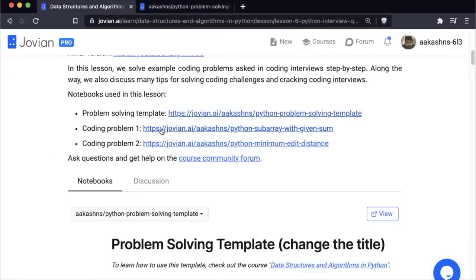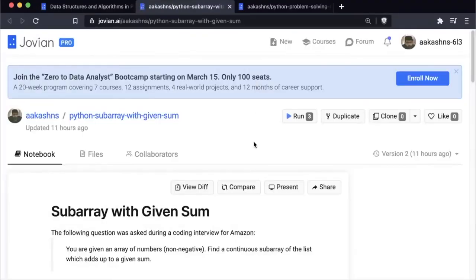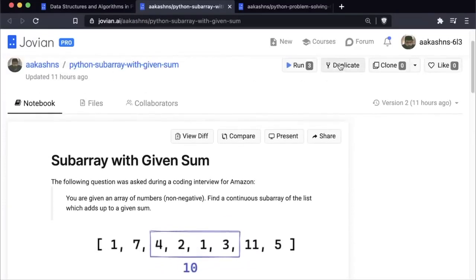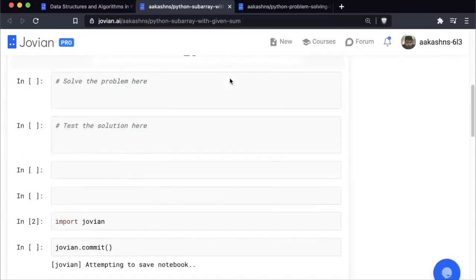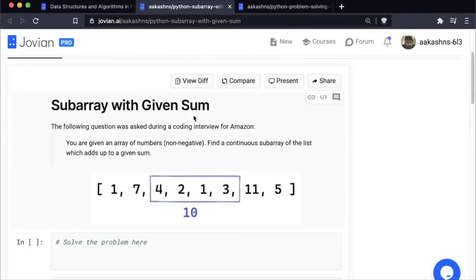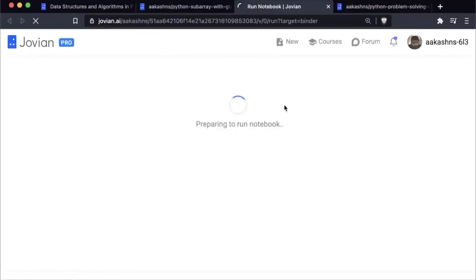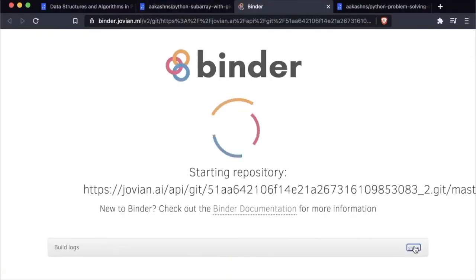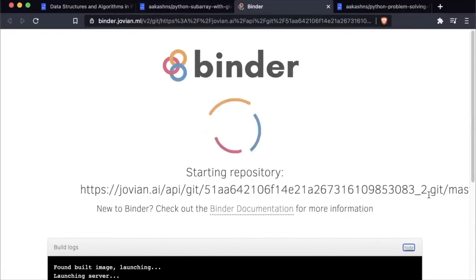Let's pick up a coding problem and let's go from there. So here we have a coding problem, Python subarray with the given sum, and we'll read the problem. But before that, you can see that here this notebook is fairly empty. What we're trying to do is simulate the situation where you are on a call with somebody and they are interviewing you. Typically they would be using some platform like a Colab Edit, or maybe a platform where you can also run the code, or a platform where